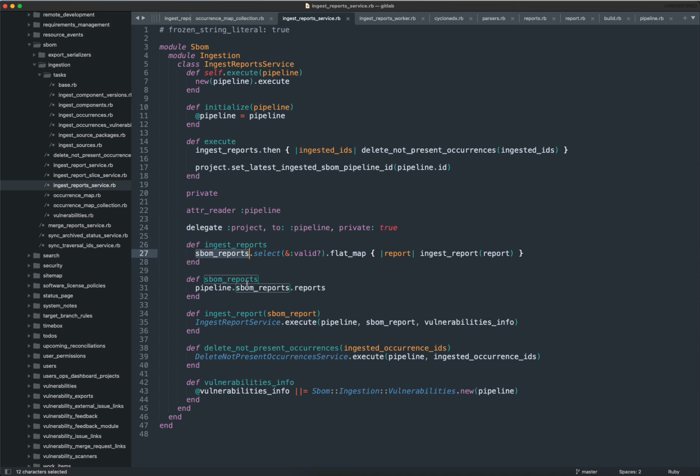Here if you see, we fetch something called SBOM reports. This is a call to pipeline.sbom_reports. This is where the magic happens. Here in this line, we convert the JSON blob parsed from the SBOM file into PORO Ruby objects. So let's dive deep into the implementation of the SBOM reports